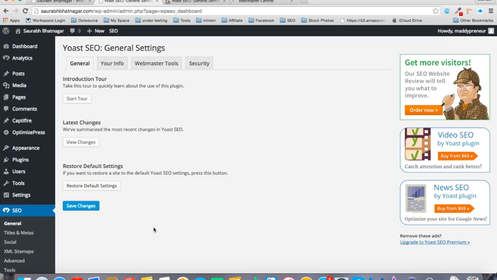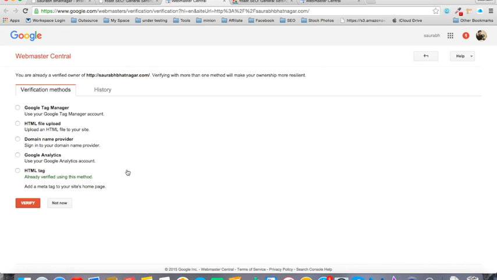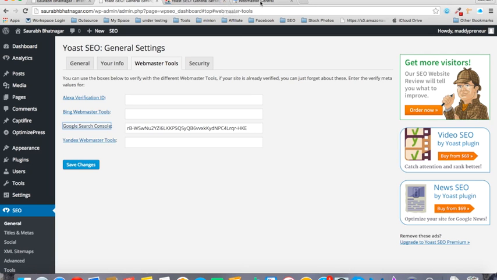Over here also you can see that when I go over here, I will click this button. This is saurabhbhatnagar.com, as you can see, and you will see that I have already verified my website using the HTML tag option. So this is very simply how it can be done. The previous website I also verified using this method, and in this website I will also use the same method. So